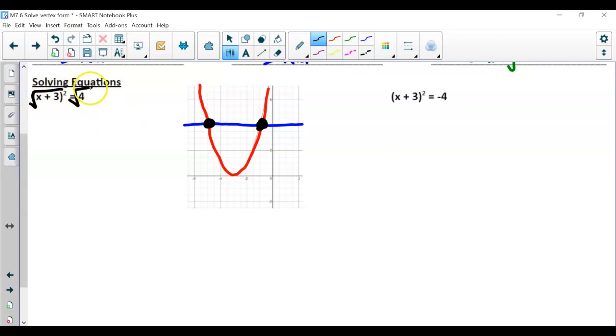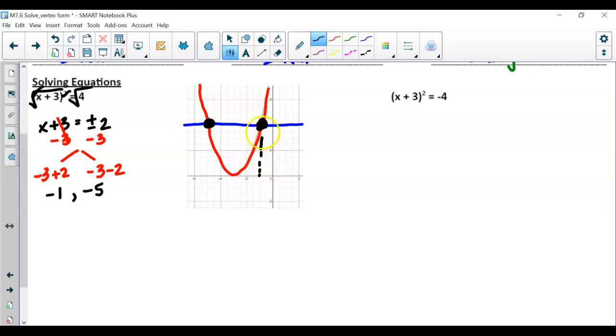So I take the square root, because here this was all grouped together now, x plus 3 to the second power. So now we have to take the square root to get rid of our exponent, inverse operation. So now x plus 3 is equal to plus or minus 2. So when we subtract 3, after breaking this apart, this is negative 3 plus 2 and negative 3 minus 2. So our 2 solutions are x is equal to negative 1 and negative 5. So if you notice here, they are crossing at negative 1 and at negative 5. So that's the 2 real,